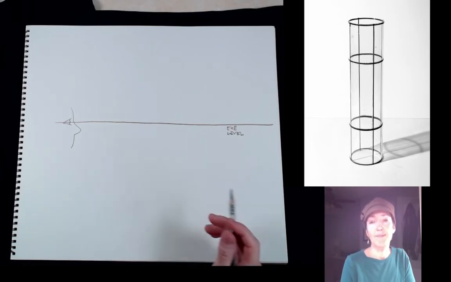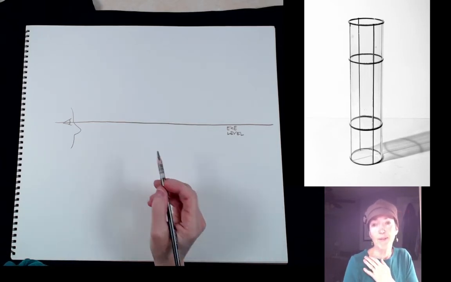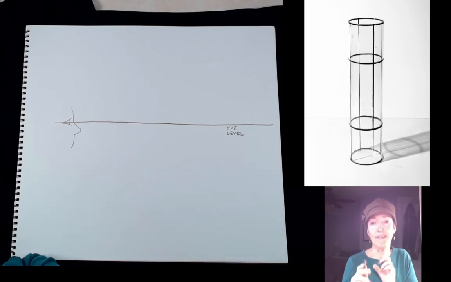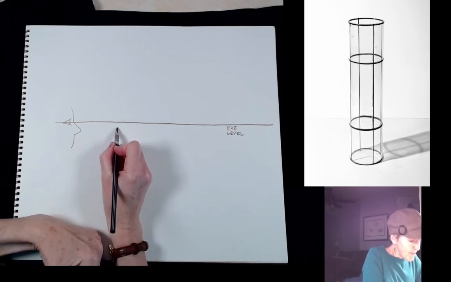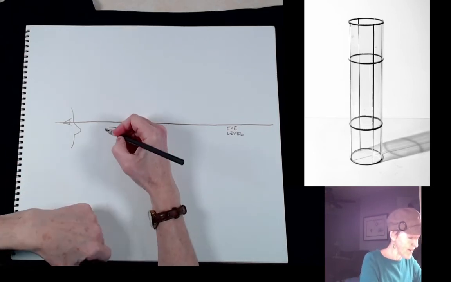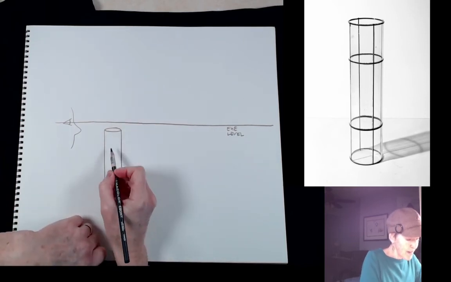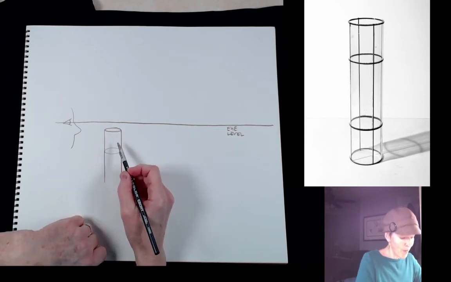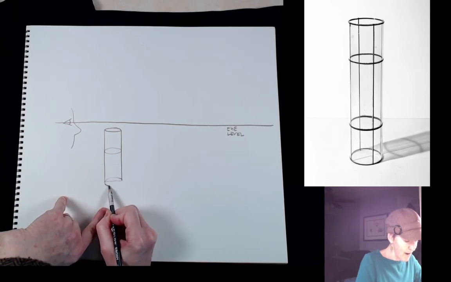So in this first example, we've got an object that's below our eye level, and the flatter ellipse is closer to our eye level than the ones that are rounder at the very bottom of this cylinder. So in this case, the very flat ellipse might be here, and then the longer the object is, the more and more rounded it becomes. So maybe at this point, this ellipse is going to be a little bit rounder than this one, but not quite as round as the one at the bottom. So I'm going to make this one even a little bit rounder.